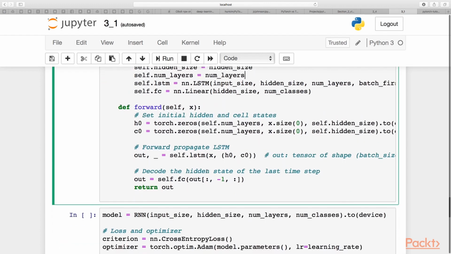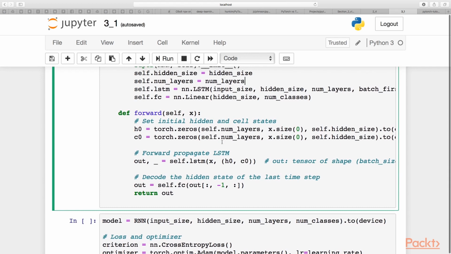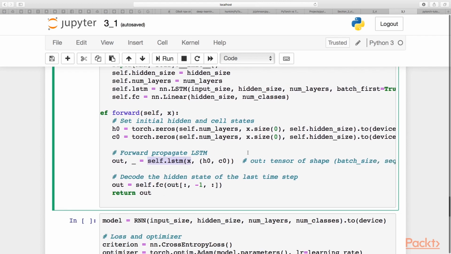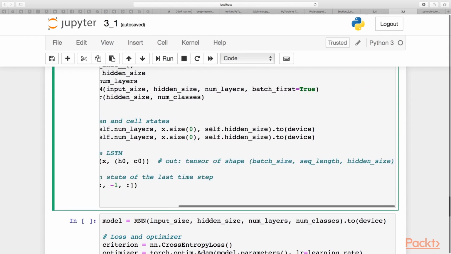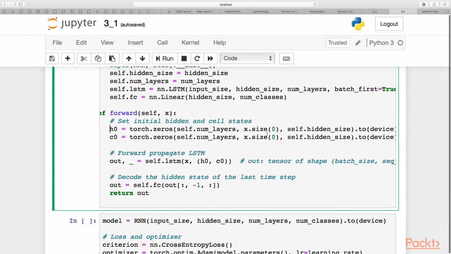Okay. Forward pass is pretty simple too. So we have to forward propagate LSTM. We can do it just by typing self.lstm and giving it our input x and two vectors h0 and c0. These vectors we specified here. Both of them are just vectors with zeros, but we have to specify the sizes for them by just typing this one.